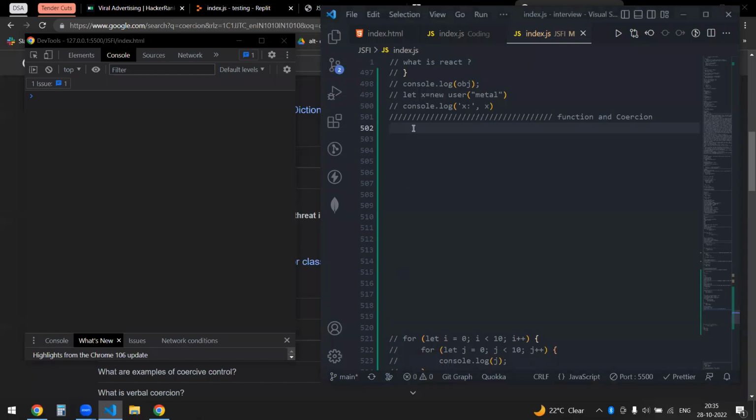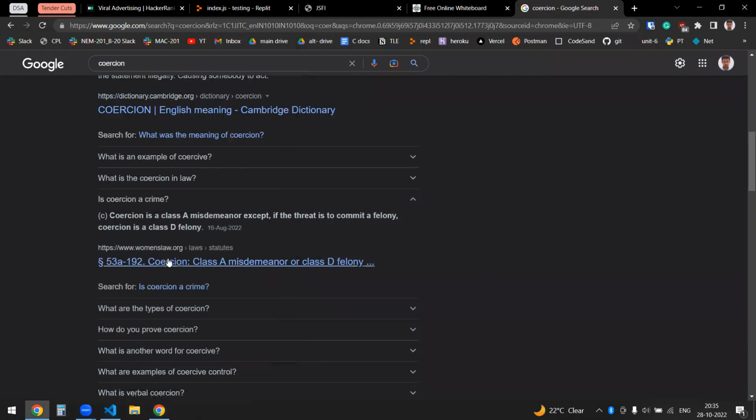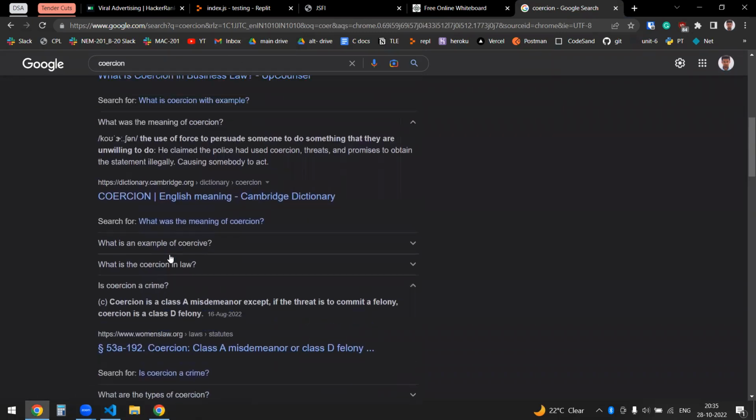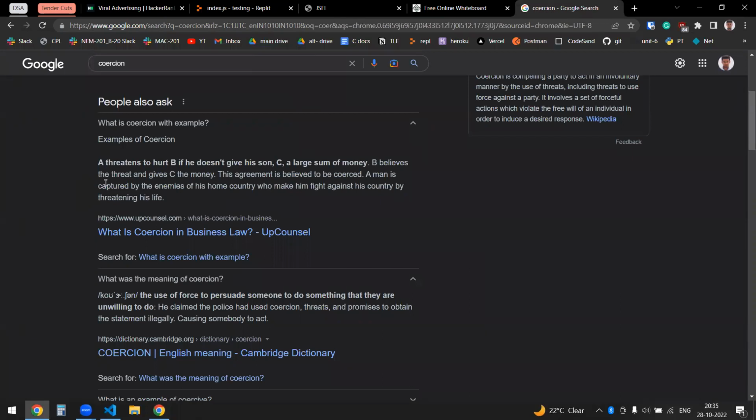So, hey, in this video, we'll be looking into the coercion concept as such. The basic definition of coercion is forcing someone to change from one state to another by forcing it. Forcing someone. So what the definition actually says is that, for example, A threatens to